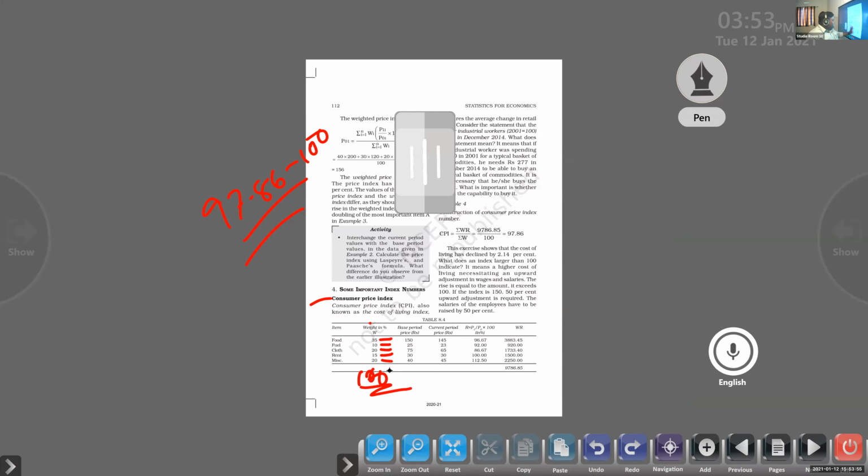Okay, so we are using the consumer price index method to understand these changes. Easily the government can calculate whether the standard of living of the people has increased or decreased. So they will make changes in the salary or wages of the workers working in the public sector under the government, or those working in the organized sectors. Clear? That is the use of this price index method.